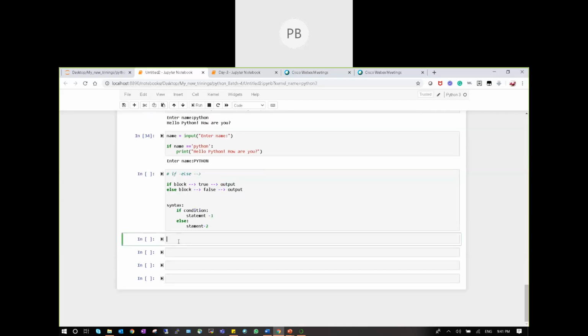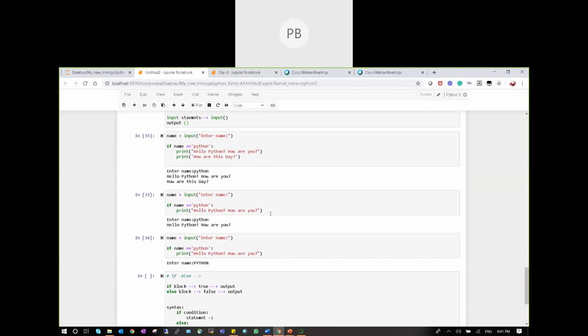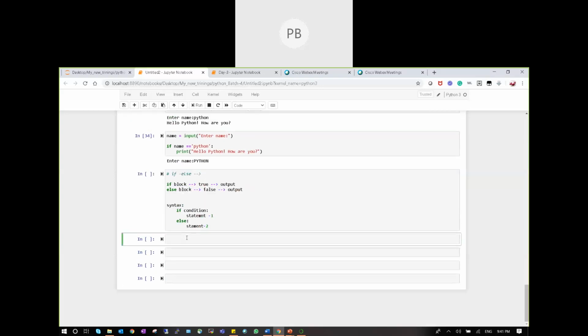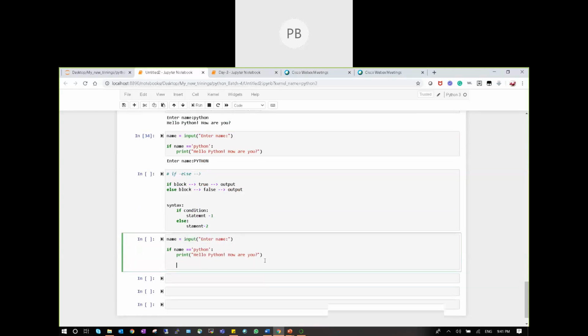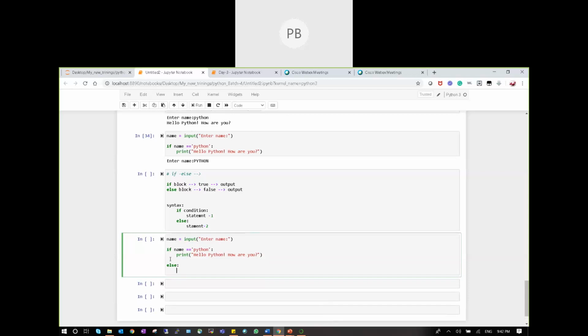Let me go with the example for the if else block. Let me take the same code, then write the else block. I have taken the if block. Then I wanted to write the else block for the same. So follow the indentation. Under if you have to maintain the else. Give the colon, and automatically indentation will be followed. Suppose if name is not Python, then it should print